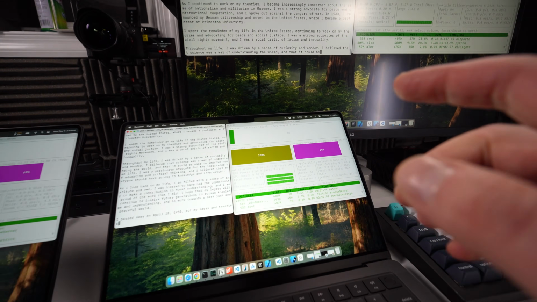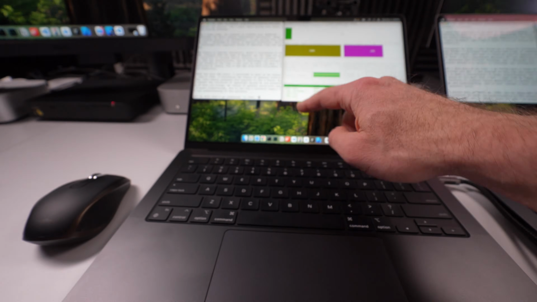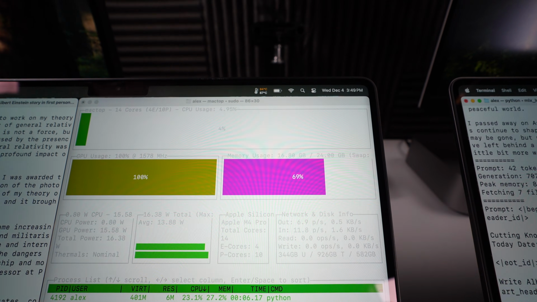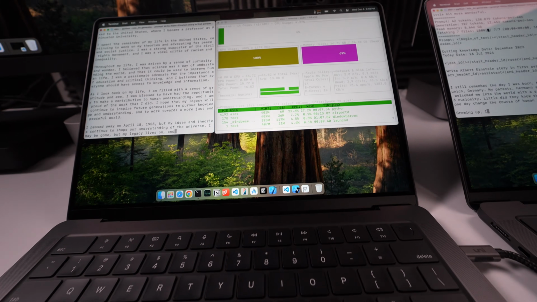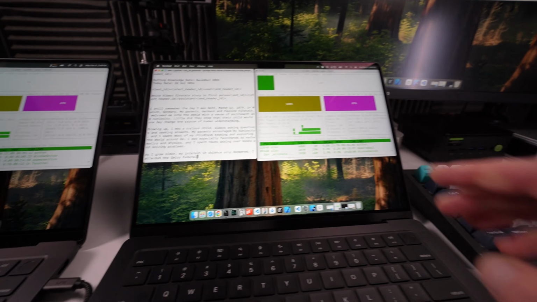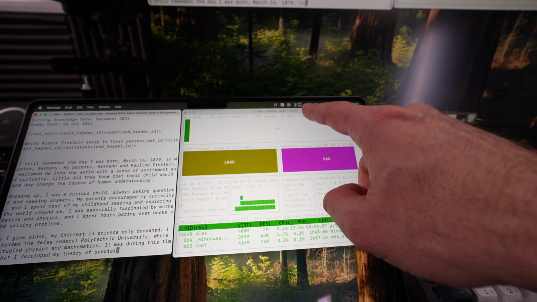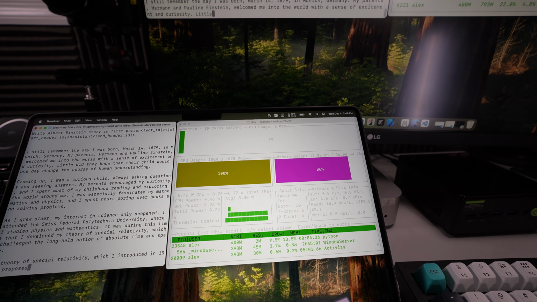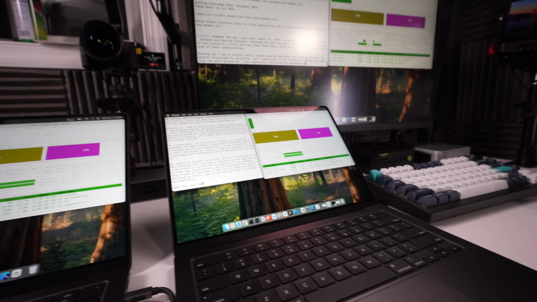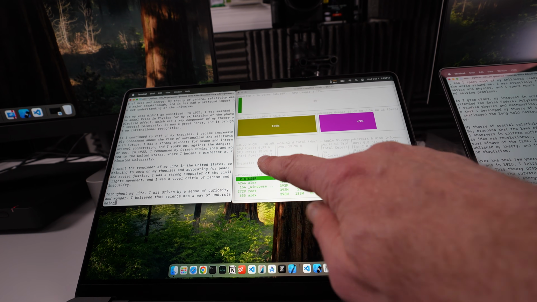So far, the only sound I'm hearing is from the M4 Pro MacBook Pro. And it's showing that it's getting up to 94 degrees. Definitely hearing those fans. It's not throttling yet, which is interesting. Maybe soon. But this MacBook Pro, the M4, is staying at a nice cool 78 degrees Celsius. Nothing's happening there. Of course, it's a lot slower than this one, but the tables might turn if this thing